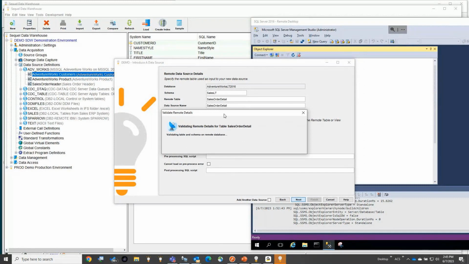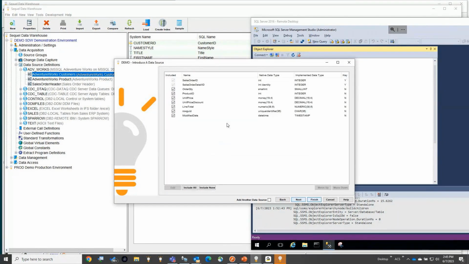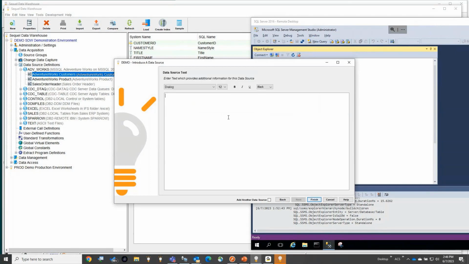That's now making a connection using the connection information that was previously stored, retrieving the metadata, and showing me the columns that exist in that table. So here we can see we've got a Microsoft Money data type, but we're going to implement that as a decimal data type in our local copy. I can choose whether I want to select all of the columns. I might say, no, I don't want this row unique identifier. That means nothing to me, so I'm going to exclude that from my table. Hit next. And now I can type in some metadata to describe the purpose of this table, the usage is,